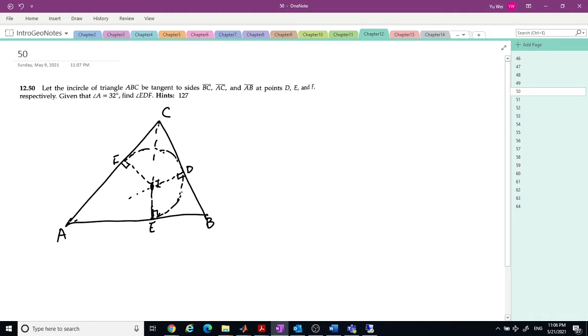If you are familiar with this, you don't need the circle. Once you draw the three altitudes, that's good enough. Yeah, let me draw the circle here, okay? Okay, so now we want to